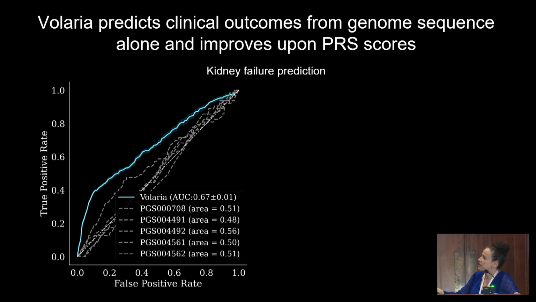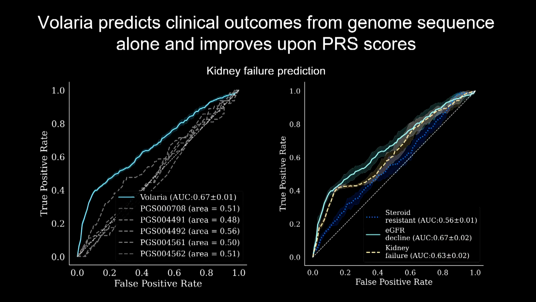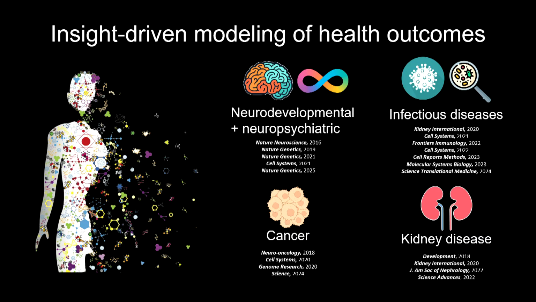And you can see that with Valeria, first of all, purely based on the genome, you can actually get a decent 67.67 AUC prediction of who will go into kidney failure, but also it significantly outperforms all of the PRS scores. And this is not just true for kidney failure and eGFR decline. You can even get some accuracy for steroid resistivity. Of course, the goal is then to add the clinical information in other contexts, not just rely on pure genome, but that does show you that the genome actually has quite a bit of information, and you can really use the whole genome context to do that.